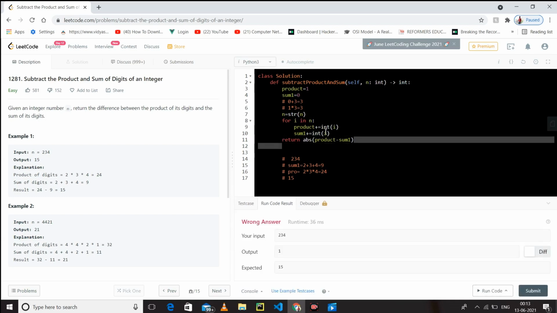After getting the answer, we can simply return it, and it is giving me the wrong answer. Why?